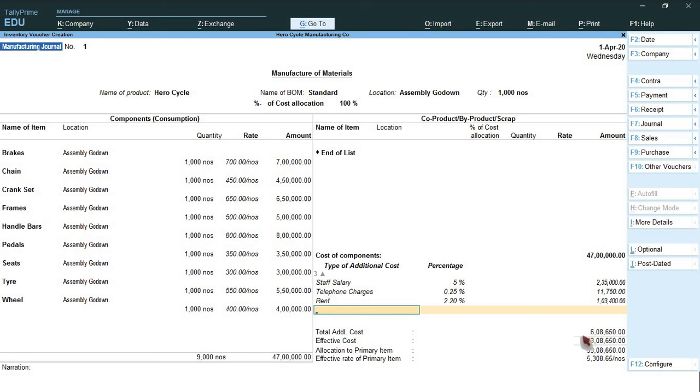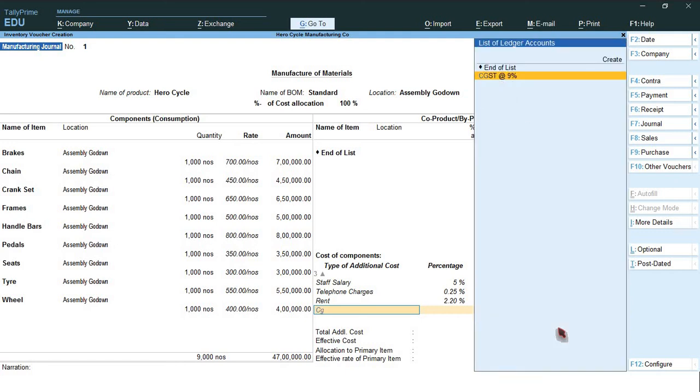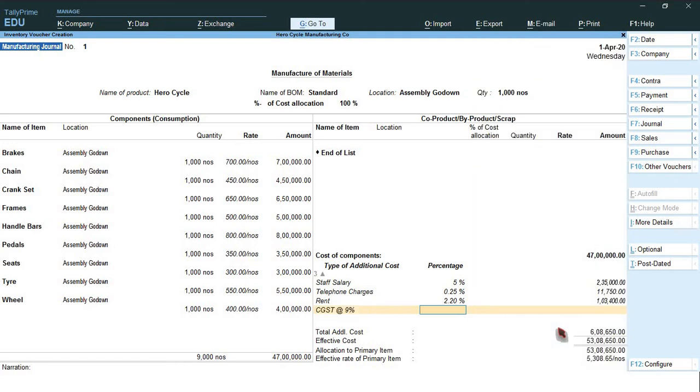So two more are there, that is CGST, that is 9%. SGST, that is 9%. Okay. So now calculate the total additional cost.